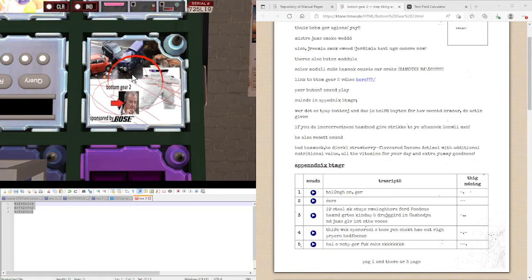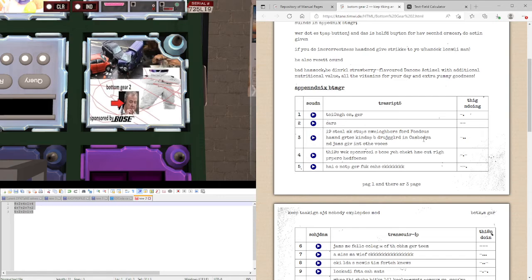So let's press this button and see what it says. I'm dabbing on them fucking haters, James. Yes, there is a bit of swearing in this, but